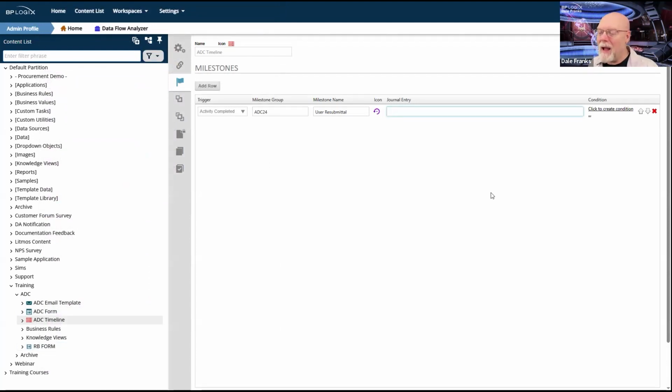And I'm going to throw in a journal entry here. And I think I want to make it a little more informative. I want to know who did it and when. The trouble with activity users complete, I was going to put activity users complete, but then you have to specify the activity, and this can happen in any activity.